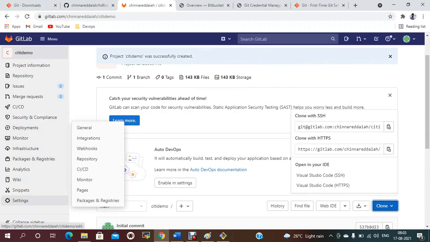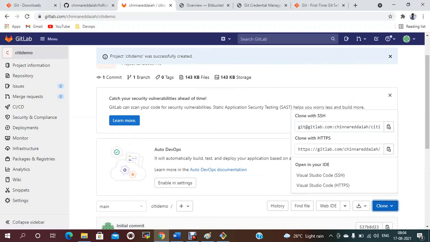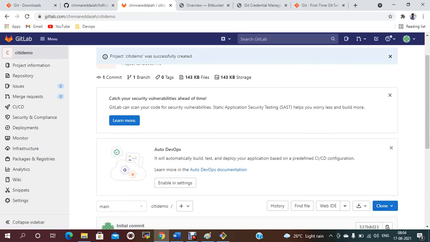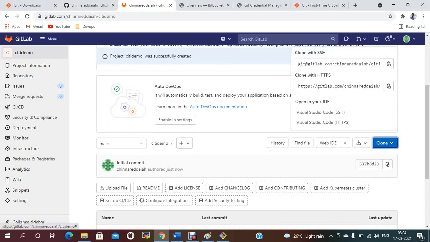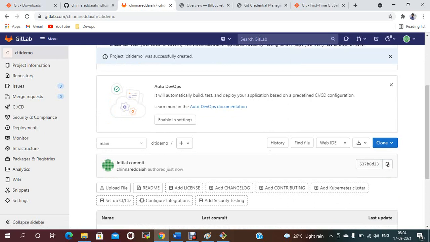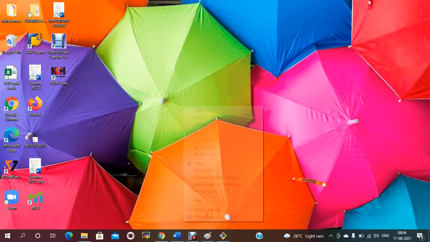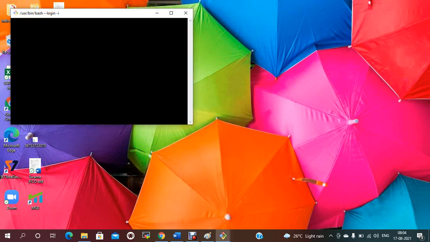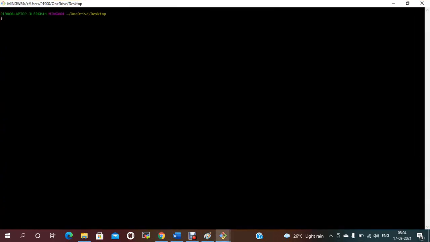You just need to add it. So it doesn't ask for anything, password or username. So to get this repository, you just need to use git clone, and you try to create one more workspace. Like initially, you just need to use git clone.